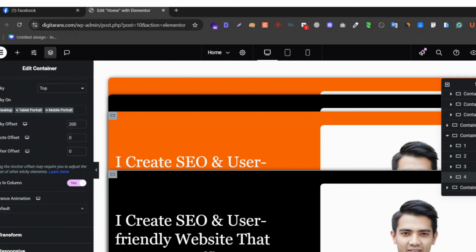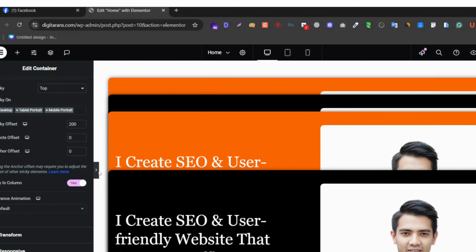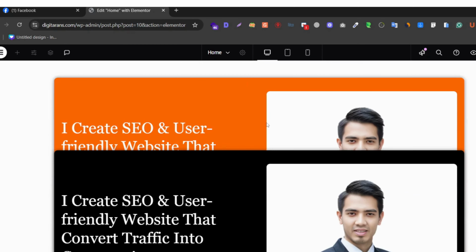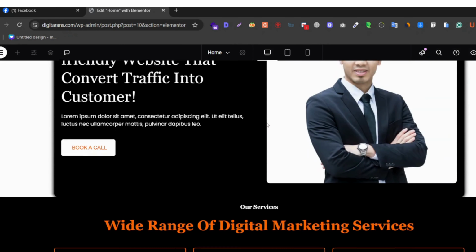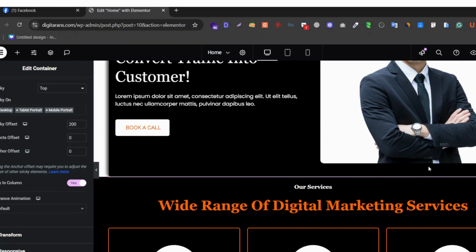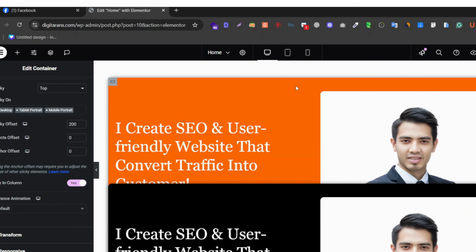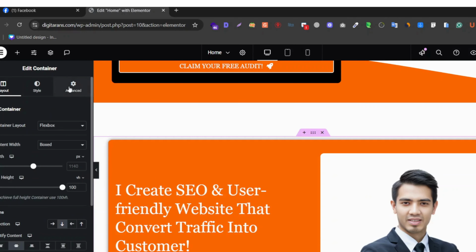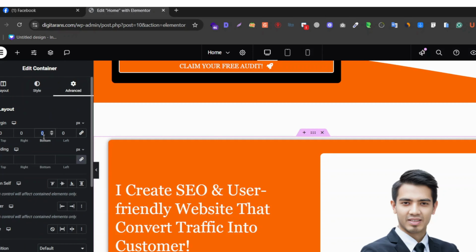So now if I minimize the navigator and scroll down, see how it looks. As you can see here at the bottom, I have no space. So I'd give some space with margin, selecting my primary parent section, advanced, and I'd put bottom 120. Now, if I minimize it,